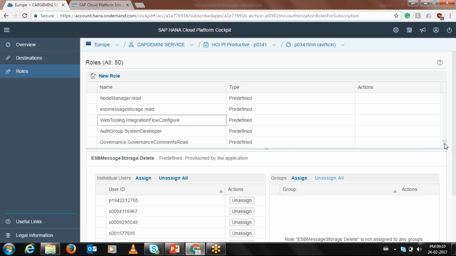Auth group, integration developer. So this is the one.